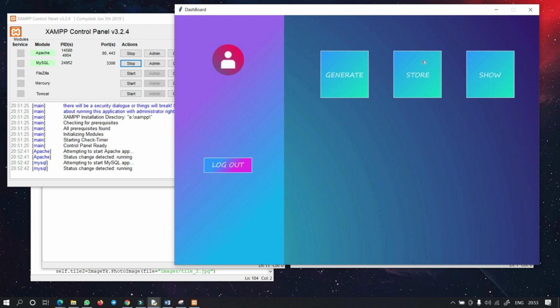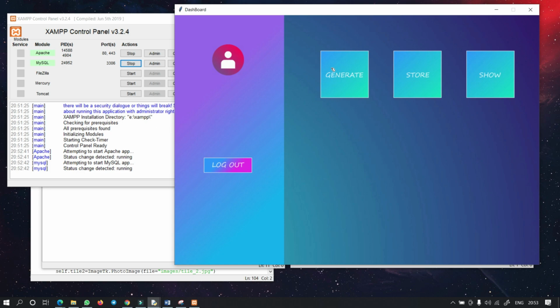When it generates a password, it will automatically copy it to our clipboard. This is more secure, because anyone besides you looking at the screen will not even know the password generated by the application. So this is one more way to secure the password. Then you click on store. It will store that password along with your application name and platform name on the server. The third option will fetch the database and show you your password.